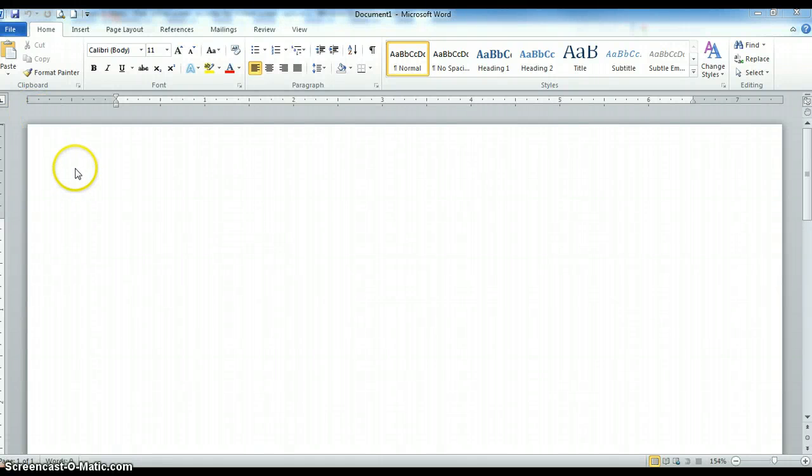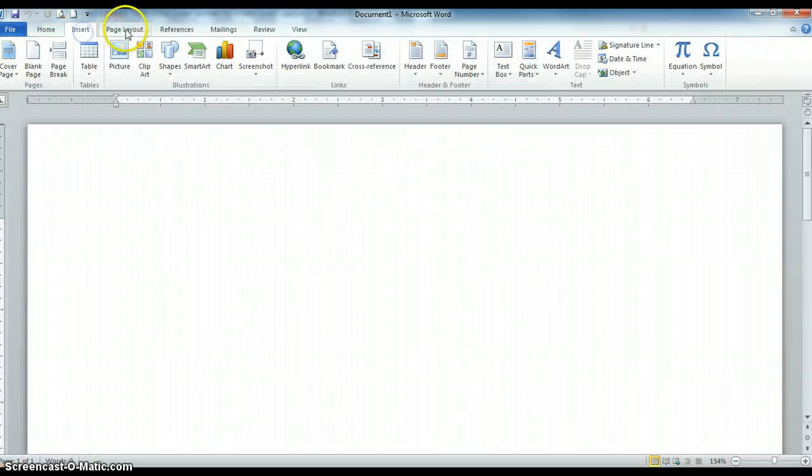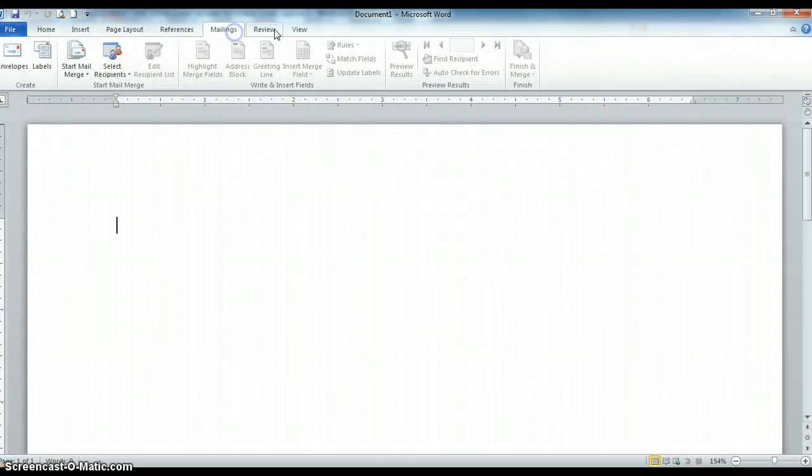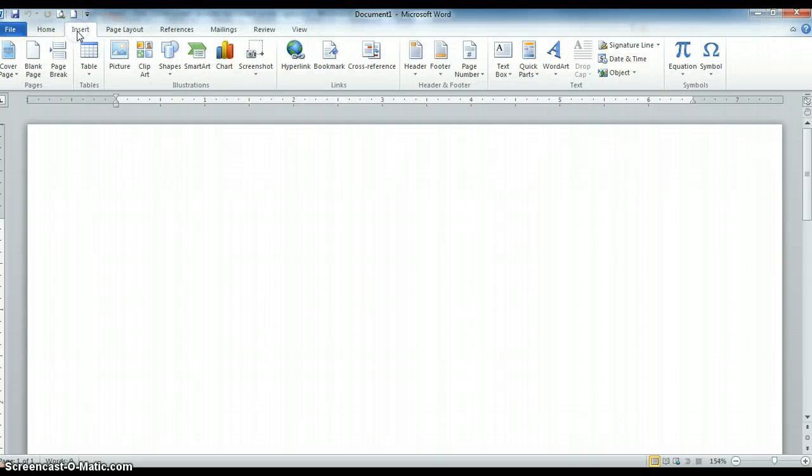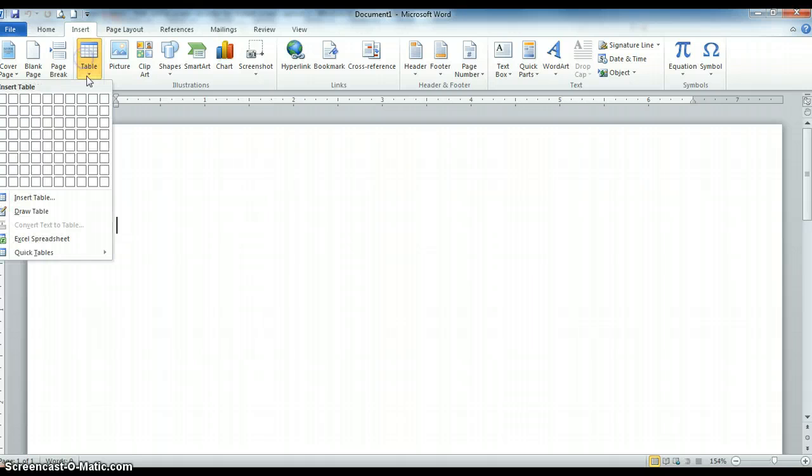So when creating a rubric, a really good place to go is just Microsoft Office Word. So here you're going to go to the different tabs that are across the top. So this is called your ribbon, and then you have your file, your home tab, insert. As you go through the different tabs, you're going to see different options that exist. For this one, we're going to go to the insert tab at the top, to table, and then we're going